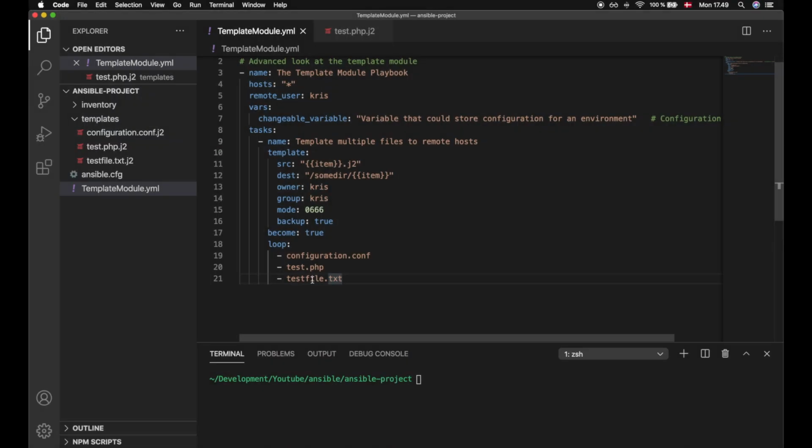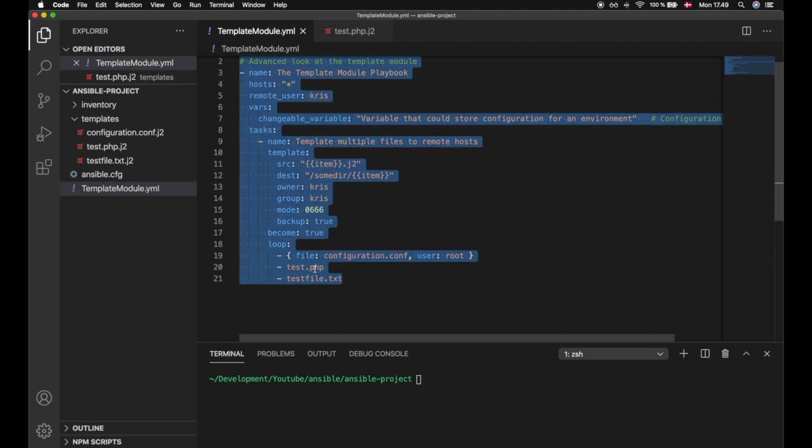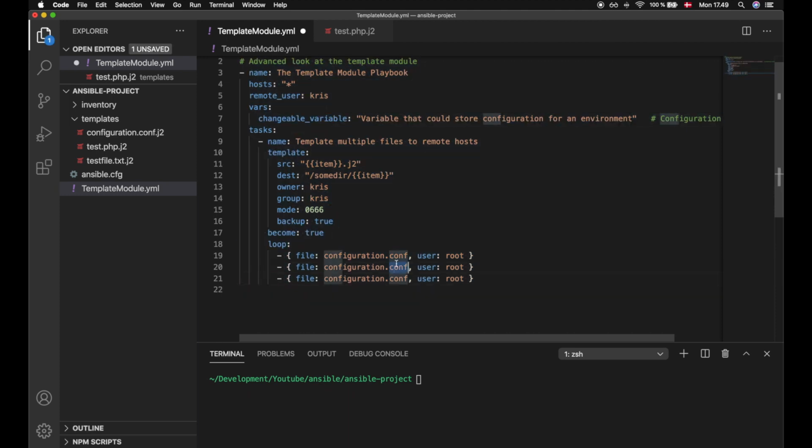A second thing we can do, which is more general for all Ansible modules, is that we can modify our loop to fit our purpose. So we can put curly braces around it and give it a parameter name. So this will be file, and we will then add the parameter user and set that to root. We can do this for all three files. So the second one will be test.php, and the last one will be testfile.txt. So the first file will belong to root, the second will belong to Chris, and the last to